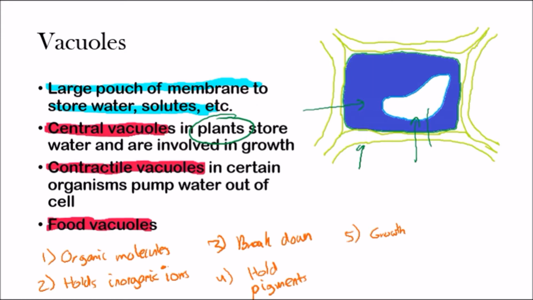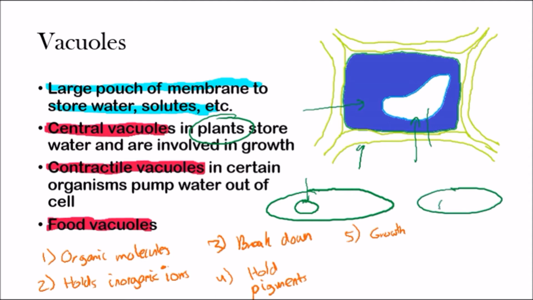A contractile vacuole, in certain organisms, pumps water out of the cell. That's all it does, just pumps things out of the cell. So how does that work? Imagine we have a cell like this, and then we have a contractile vacuole, and this contractile vacuole is slowly going to get bigger and bigger as water, or just any fluid, starts to fill it. Then the contractile vacuole will shrivel up, and it will push that fluid out into the